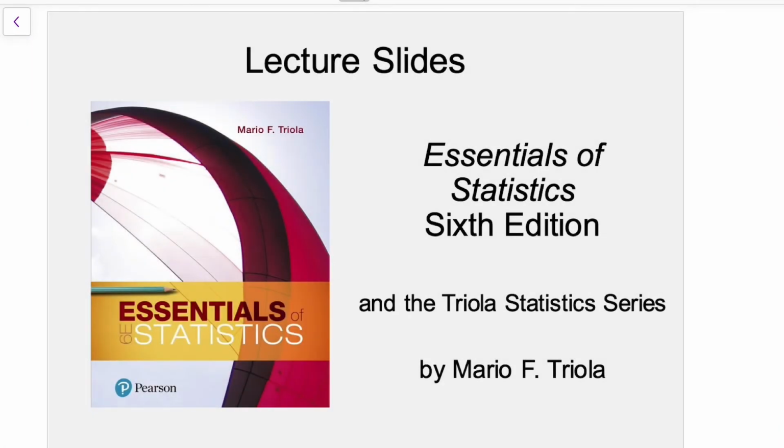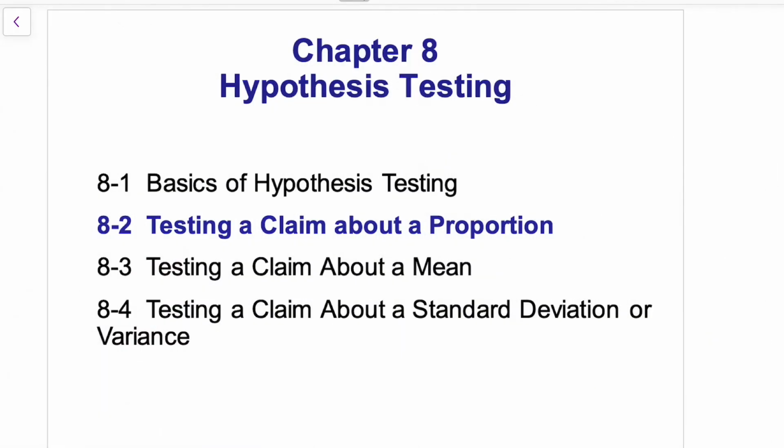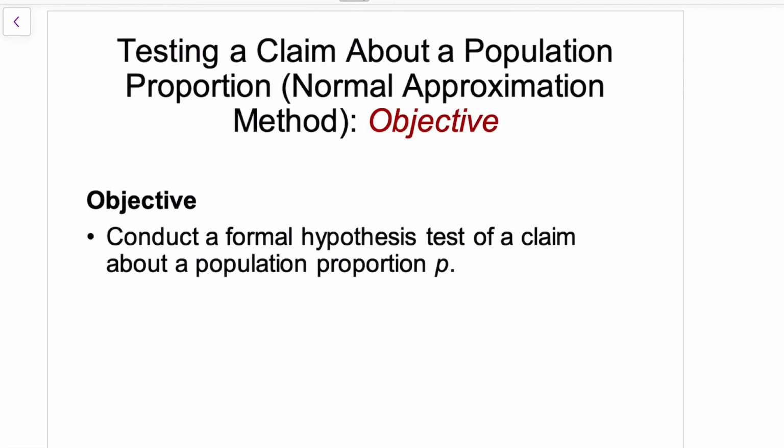In today's video, we'll continue with Chapter 8. In this section, we'll be testing a claim about a proportion. Specifically, we'll be going through two examples that do the hypothesis testing method using the critical values. Our objective will be to conduct this formal hypothesis test for a claim about the population proportion P, but we'll